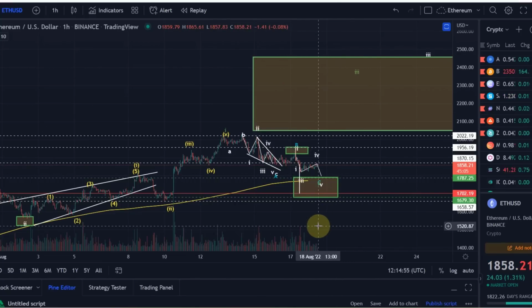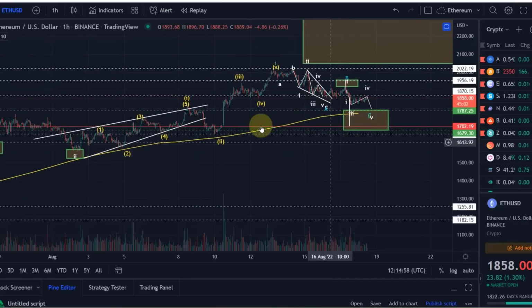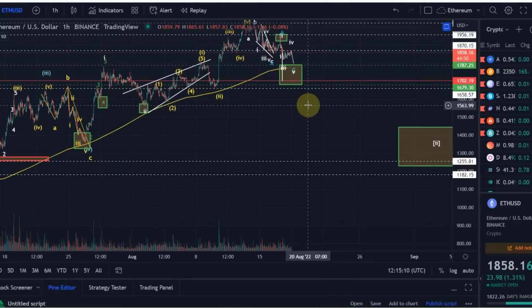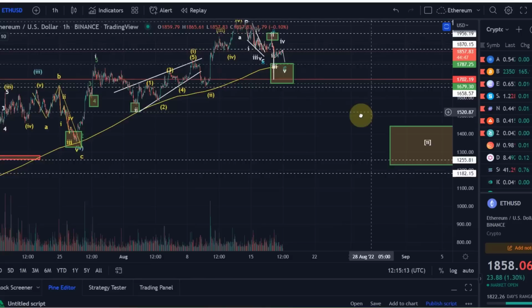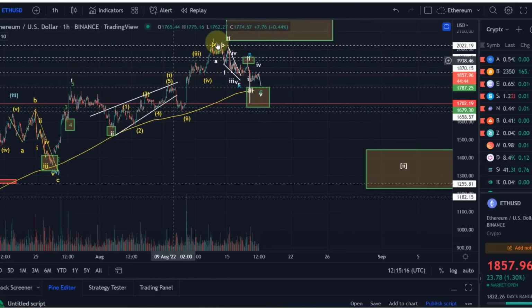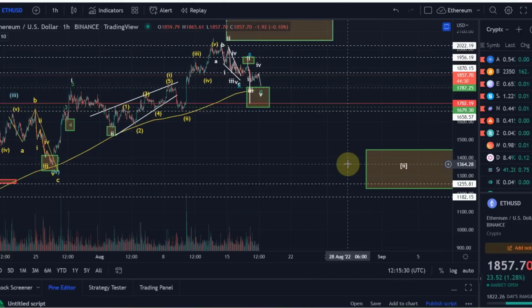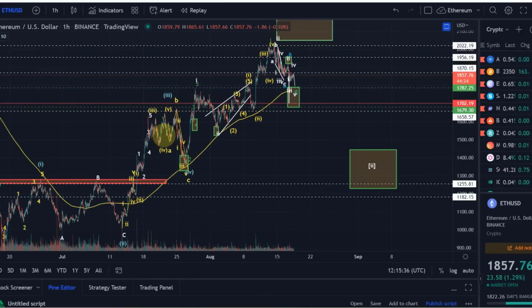Still higher price action. This entire wave count would get challenged if we drop below 1660, that would put some doubt on this bullish scenario. At least it would indicate that we will go down further, much further, and then 1560 is the confirmation. Below 1560, I think I have to assume that we have seen the high here of this impulsive price action, and that we will come down now in a wave 2 correction. That would take us into the region between 1230 and 1440. As soon as we get into this area, I would expect then the reversal up in a wave 3, a larger wave 3. That should take us then way above 2,400 or $2,500.